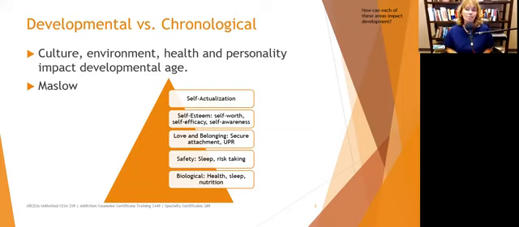So thinking back to Maslow's hierarchy, we have your biological needs, and we're going to look at each of these for each stage of development. We're not going to look at self-actualization because a lot of adults don't even get there, but we're going to look at the rest of it. So biological needs. At each stage, the child has to have their health. They have to have adequate sleep and proper nutrition. Safety. They need to be able to not have nightmares. They need to be able to sleep, not just adequately, but they need to be able to go to sleep and feel safe going to sleep.